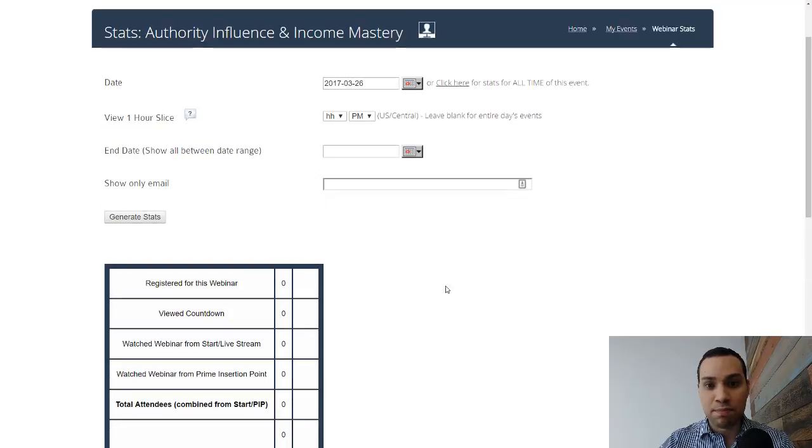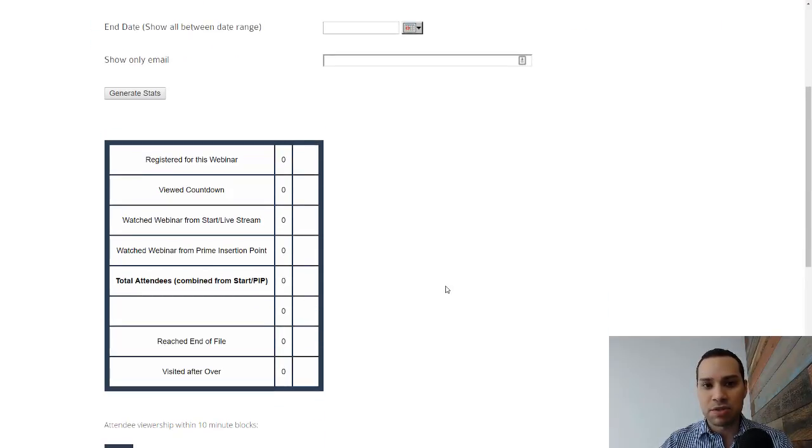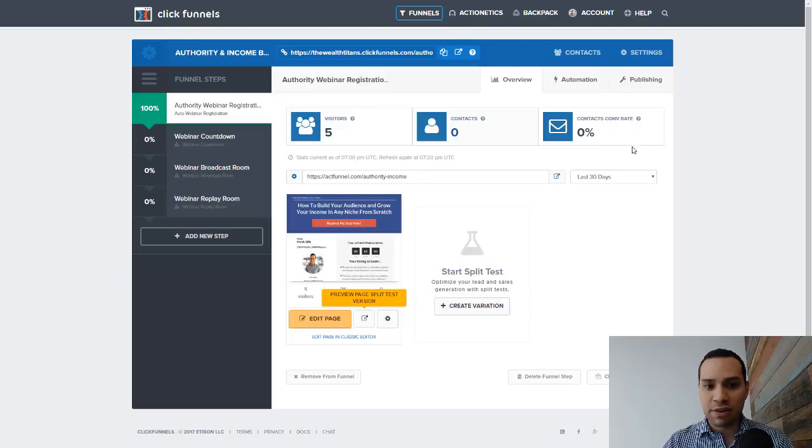And then the big issue I have is I actually don't have any data on my registration page. In Facebook and Google, I can see what they say my conversion rate is on my registration page. However, because I'm not using the ClickFunnels inference here, where they tell me how many visitors, how many contacts, I can split test. You can split test pages, by the way. They do allow you to do that. And you can set it up so they're hosted on your domain. I didn't go into that, but I think if you want to be able to split test your landing pages